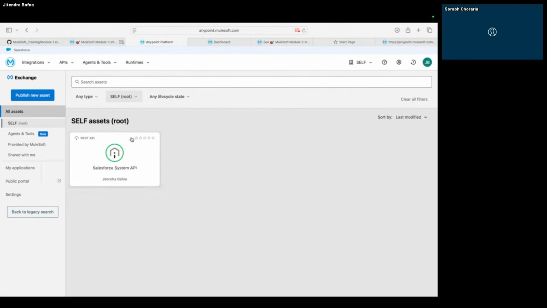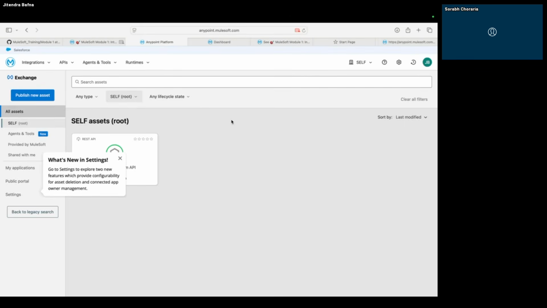For example, you are building a logging framework or an error handling framework. You can publish those frameworks here, and you can use them as a dependency in your project. I am going to showcase that part also in an upcoming video. But for now, understand it's a repository where you store all the assets, templates, frameworks, and your API specifications. And you can come and discover what different API specs and APIs are available. So this is a repository hub provided by MuleSoft.